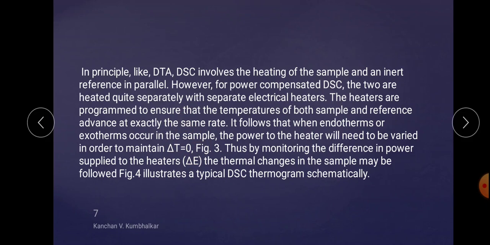So if there is no reaction, the temperature of sample as well as reference remain exactly equal, hence delta T, the difference between the temperatures, is considered as 0, obviously. But if the reaction occurs at a particular temperature, then what happens? Some amount of heat is required, and the reference doesn't get affected, but the sample reaction occurs at that temperature, the heat changes, and due to which delta H is observed.